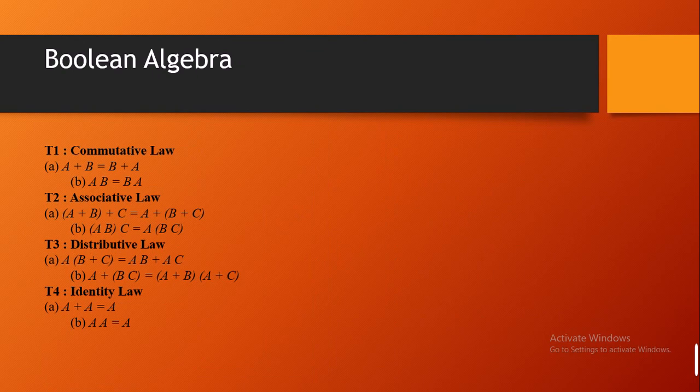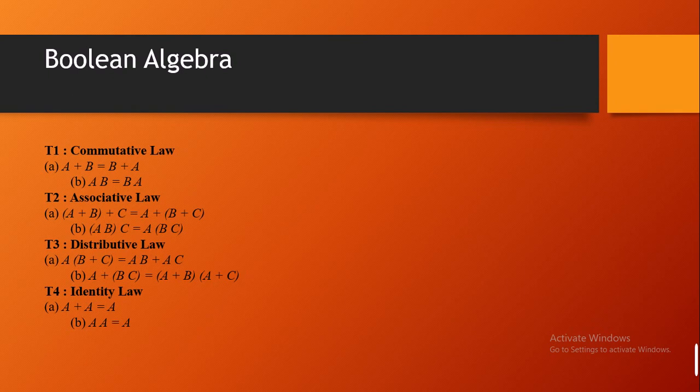First of all, Boolean algebra has some laws. Number one is the commutative law. Commutative law means a plus b equals b plus a, and ab equals ba. Anyways, we can do it. This is important because a numerical can come based on these, so you have to learn these laws first in order to solve those numericals.